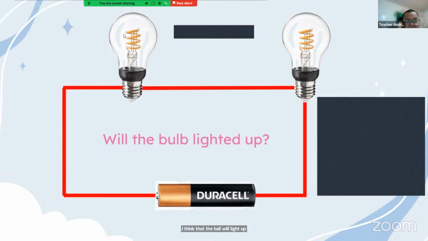I think that the bulb will light up. Which bulb? A or B? Both of them. I understand. Okay, in this case, right,